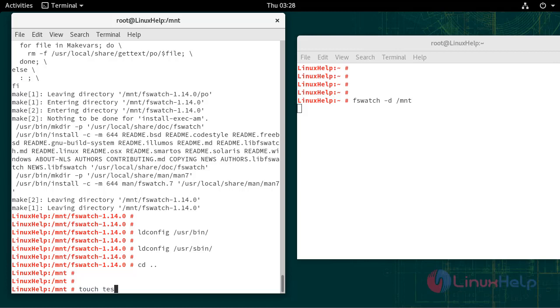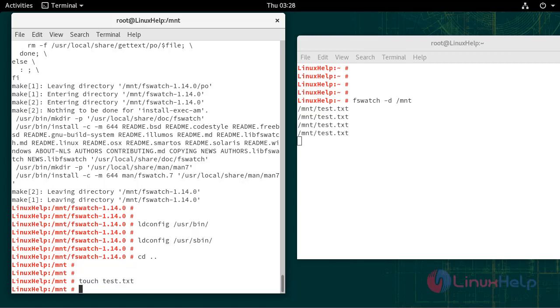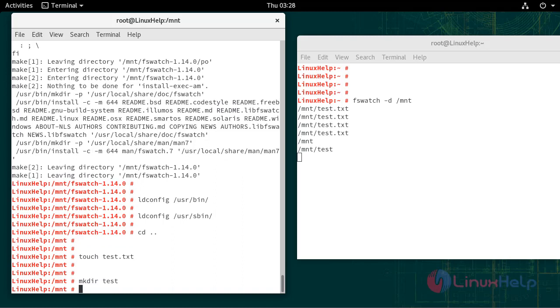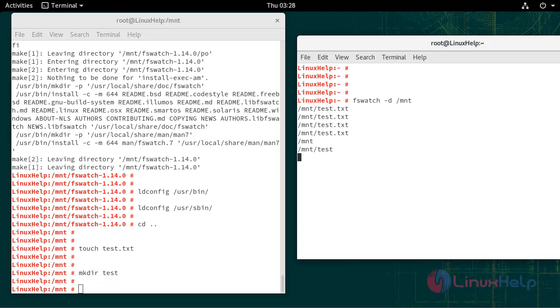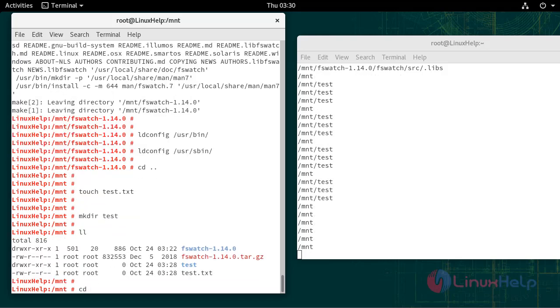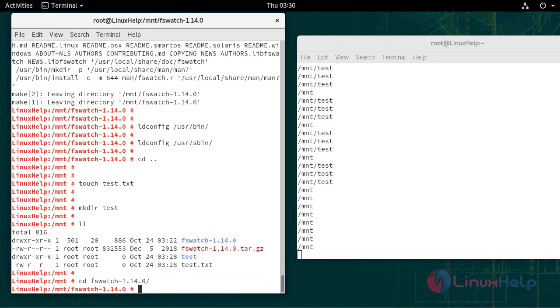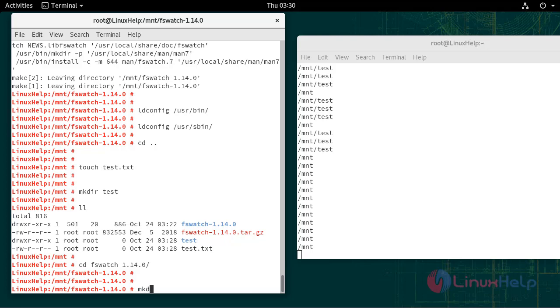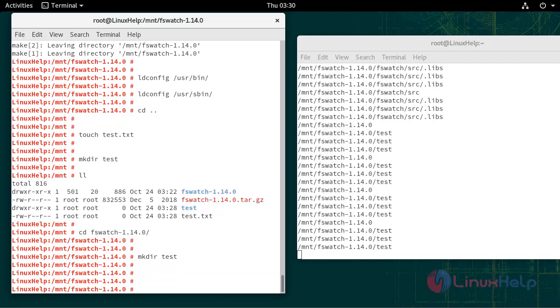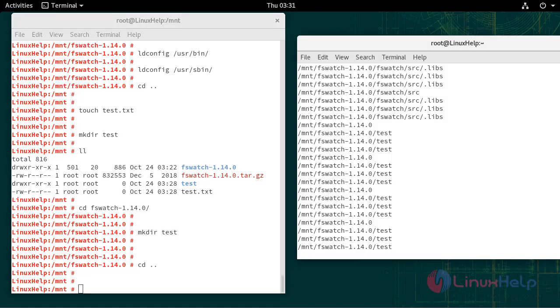Creating one test file. To terminate fswatch, press Ctrl C. To watch a specific directory recursively, use -R. To watch the directory with timestamp,